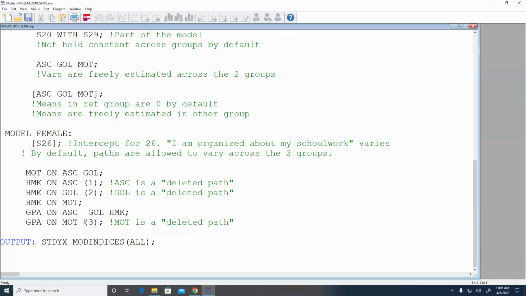So here we go. Obviously I can make those constraints. And because I can make those constraints, the next step is to see if we can just get rid of those three paths altogether, because I could constrain them to be equal. So my next model is going to go up by how many more degrees of freedom? Well, start with deleting them. Up by another 3, right? We're going to have chi-square equals, I don't know what, with 87 degrees of freedom. Okay. So, how am I going to do that?